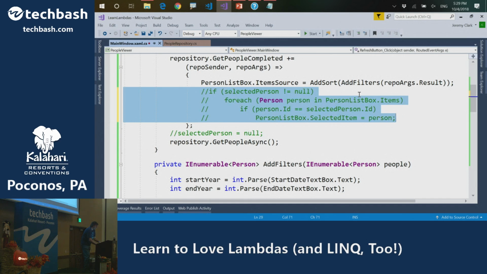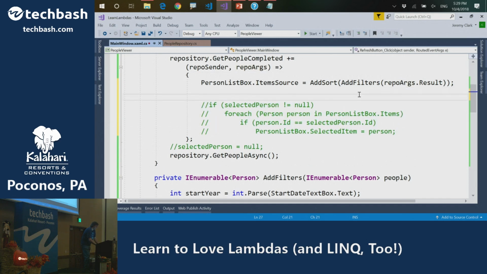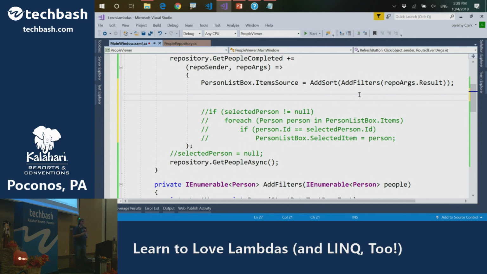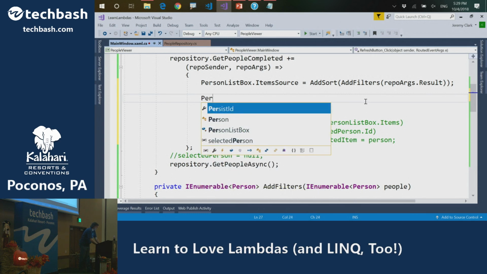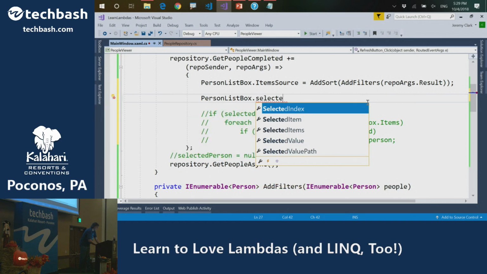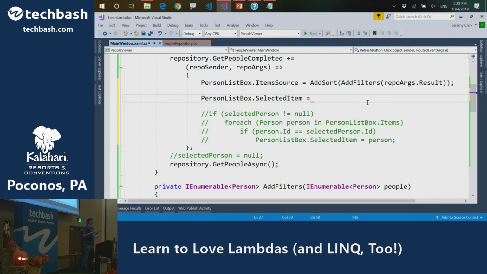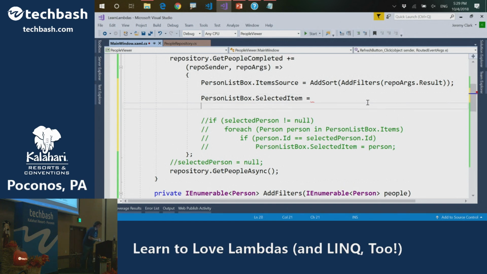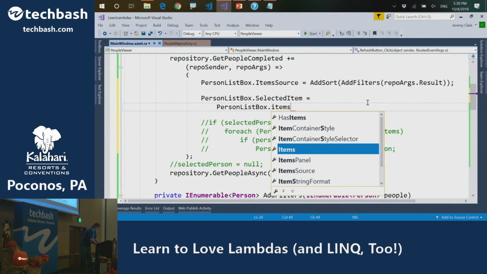And let's do Control-K-C to comment out this block of code. And I'm going to use a method called FirstOrDefault, which is one that I really love. So what do I want to do? Well, I want to set the person ListBox selected item. So I'm going to make that upfront: personListBox.SelectedItem equals. Right now, I wish it was not quite as complicated as it is, but what we'll do is we'll say, okay, so we're going to set the selected item based on something that's in this collection. Okay, so let's say personListBox.Items